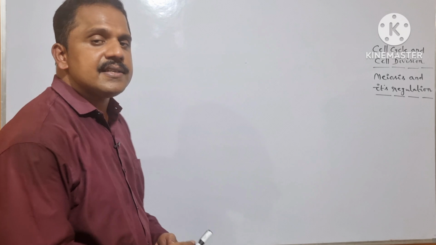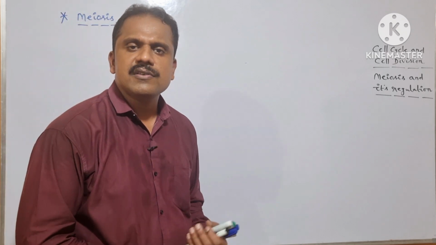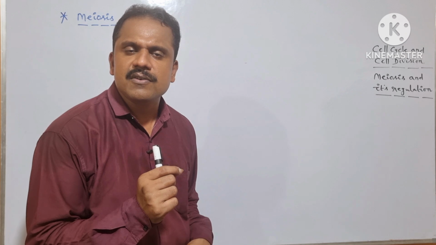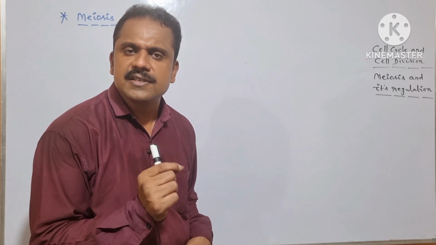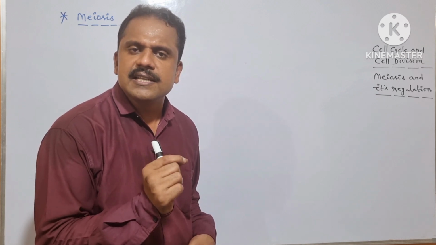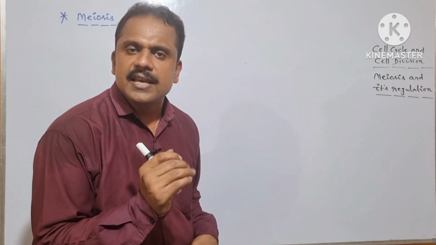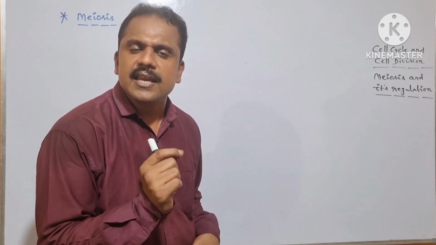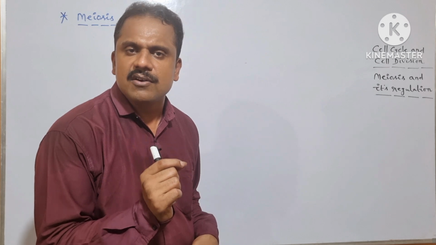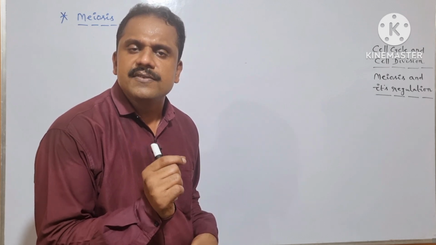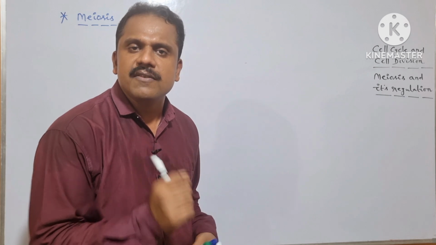And as already mentioned, in case of meiosis 2 it is a type of equational division. So here, why is meiosis 2 a type of equational division? Because in case of meiosis 2, the chromosomal number remains constant. Instead of undergoing reduction, the chromosomal number remains constant. So that is the reason why meiosis 2, like the mitotic division, is also a type of equational division.